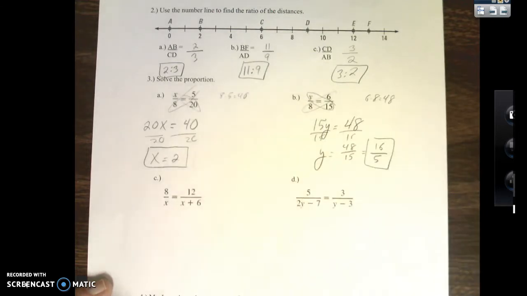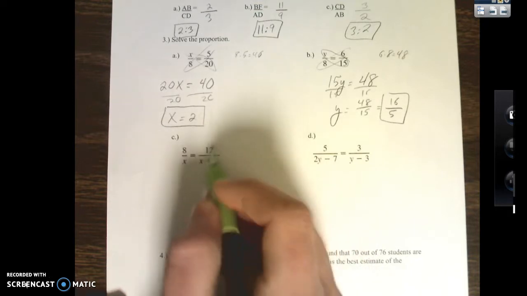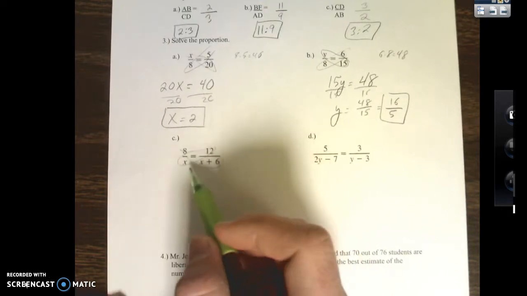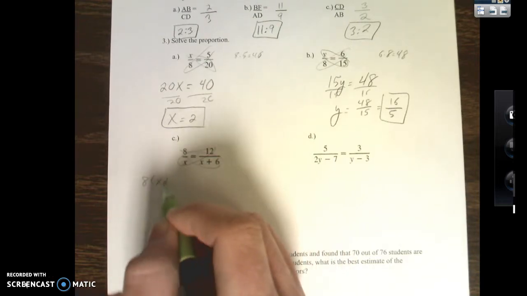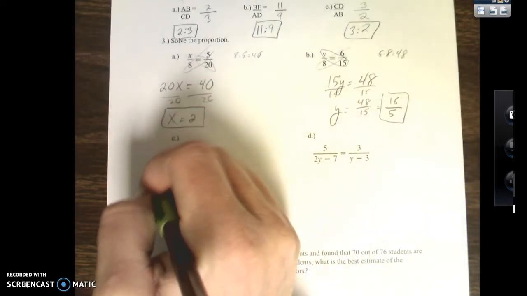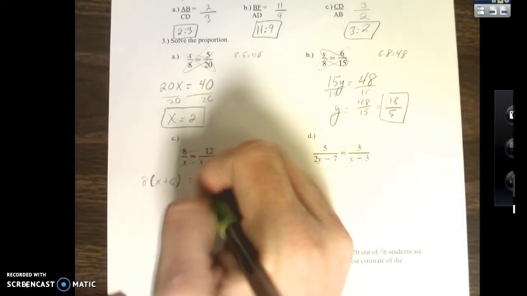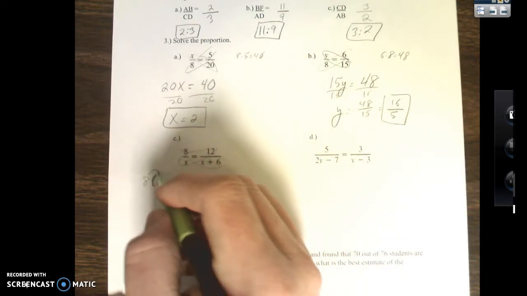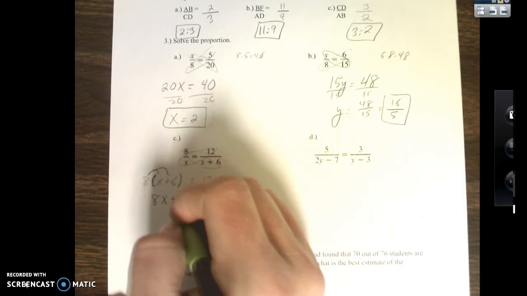Okay, very good. Part C. Okay, here's your first curveball. If I were to, I'm going to first write 8 times x plus 6. You must put parentheses around it. That's the whole catch. Okay, here's your big reveal. Equals 12 times x is 12x. All right. So what I'm looking to do here is to distribute this 8 in. 8x plus 48